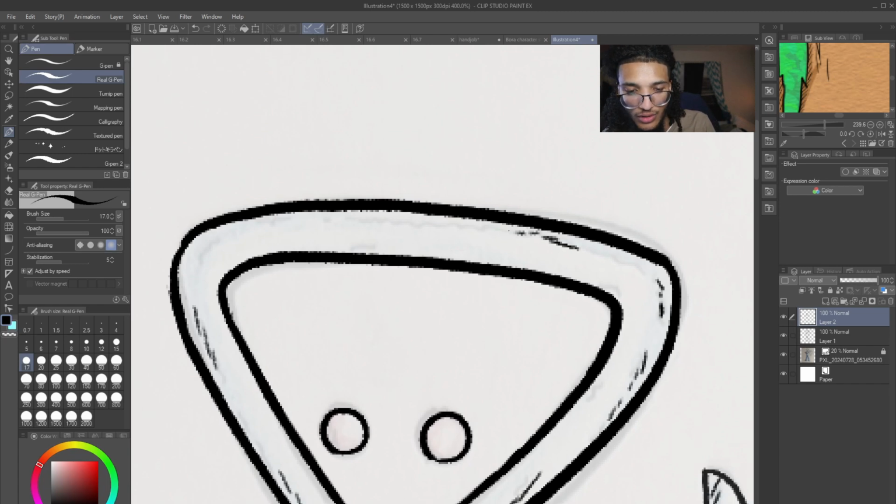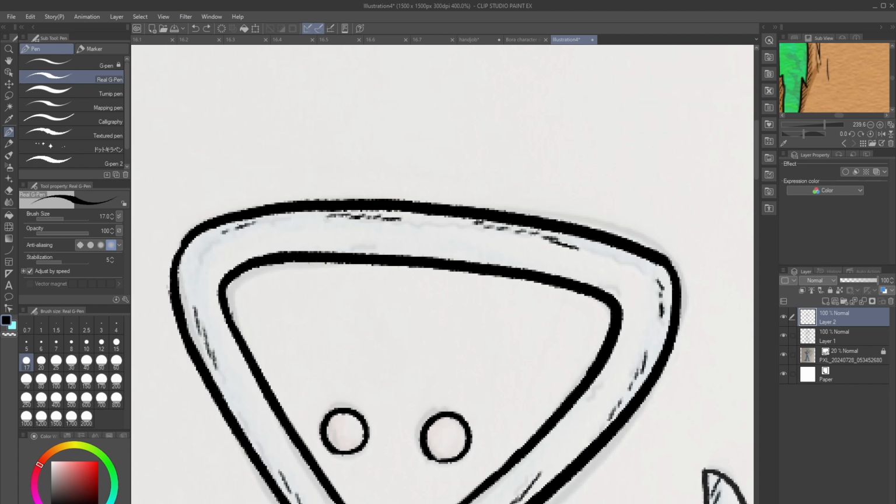Now, you can merge the layers at the end, because sometimes... Maybe you should name your layers. I don't need to because I don't use much. Maybe when I'm doing the actual comic I have like